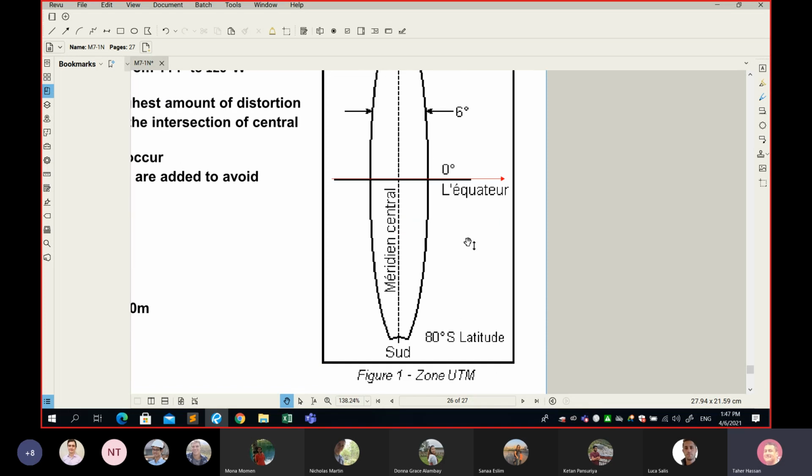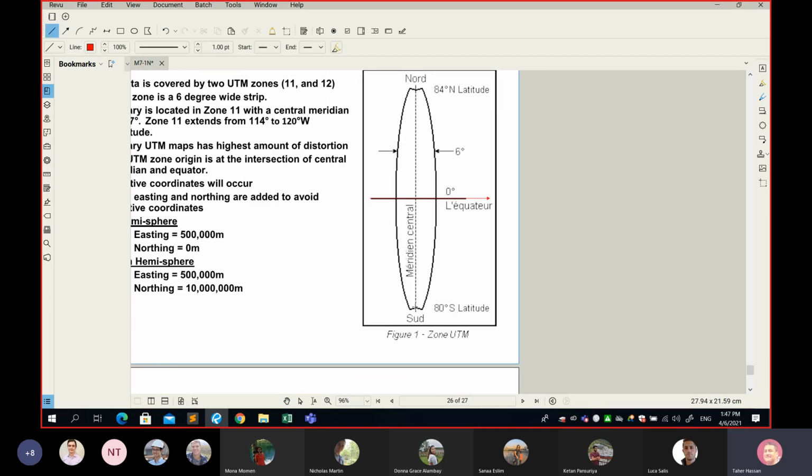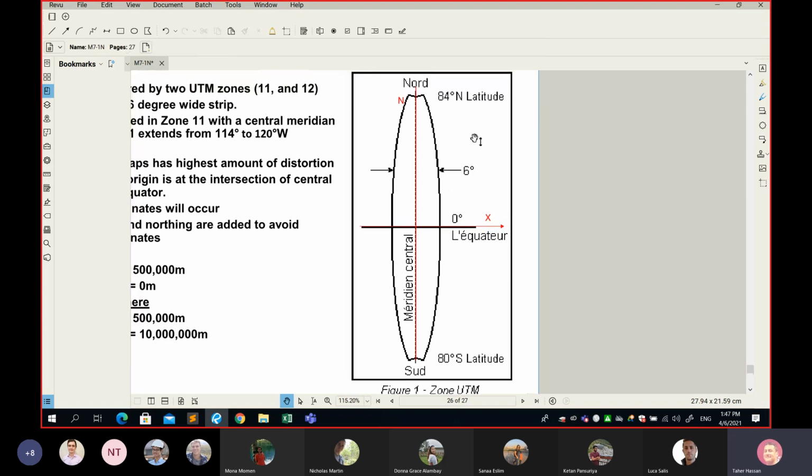And this line here is your central meridian in the middle of your zone. And this one is your y-axis. So this is y, or n, forget about y, let's make it n, and this one is your x. You know what happens if this is the coordinate system on your map? There is a little problem here. The problem is this area here,